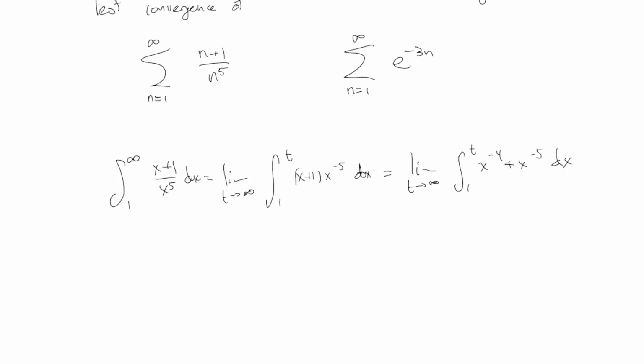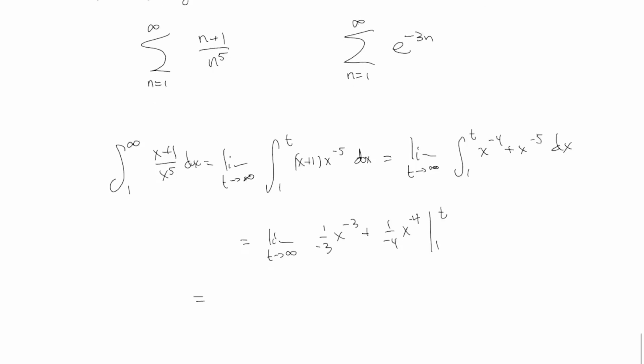So the first one, you turn into an integral, and then hopefully, everybody eventually remembered how to handle such an integral. The way I would typically write this is x to the 5 in the bottom becomes x to the minus 5, and then I distribute, I get something like that, and then we do the integral of each of those. It's going to be the limit as t goes to infinity of 1 over minus 3 x to the minus 3 plus 1 over minus 4 x to the minus 4. Plugging in 1 and t, I get